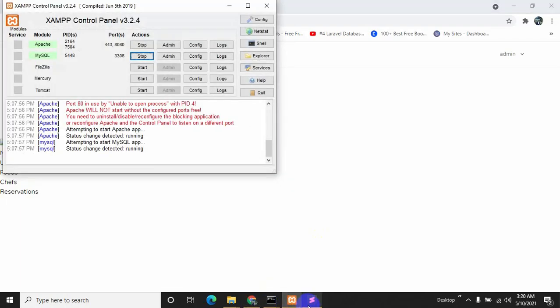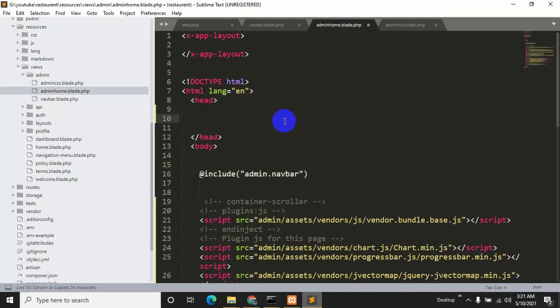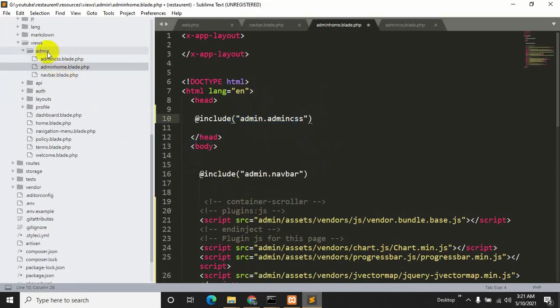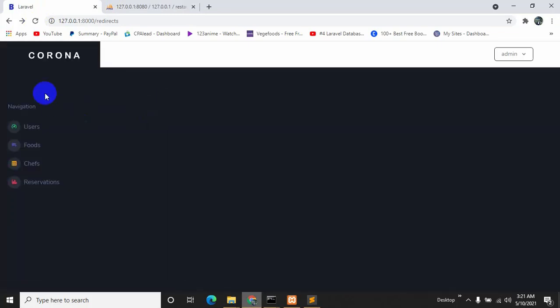So we just need to do one thing. We'll say include admin dot admin css. Now this admin is the folder and admin css is the file. Let's save it, and if you refresh all the design will stay here.